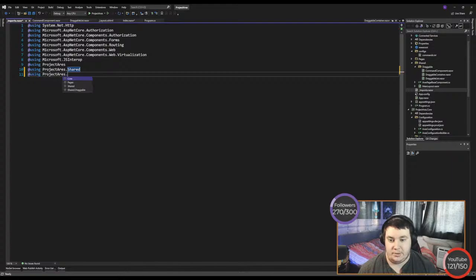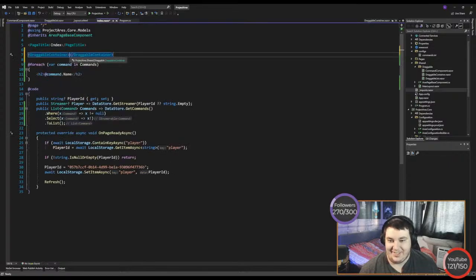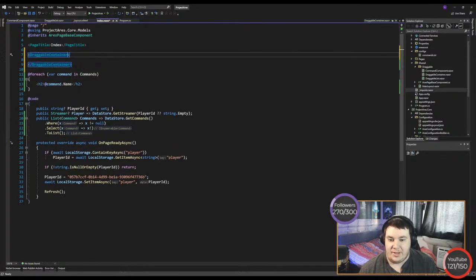Using project area.shared.draggable. There we go. That's annoying. Right, and then here we want to do commands is equal to commands. Perfect. Okay, good. And then